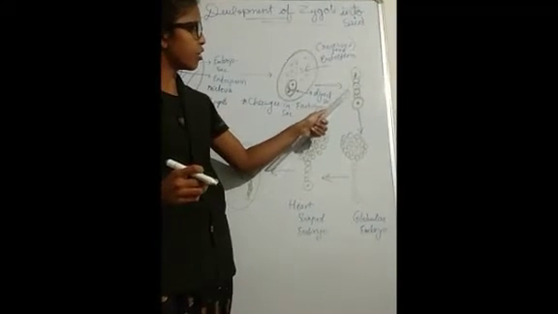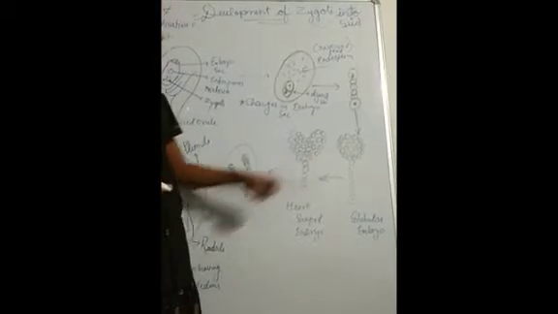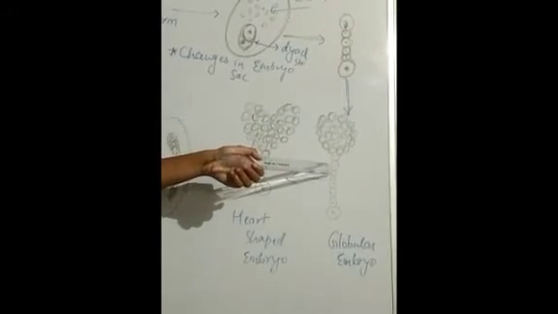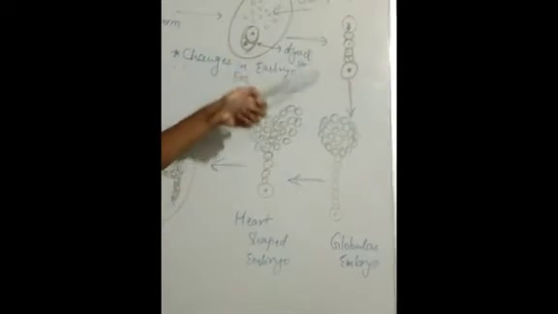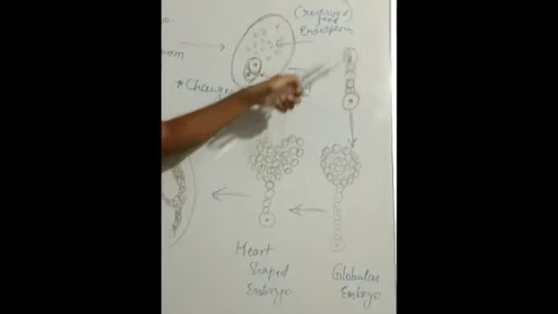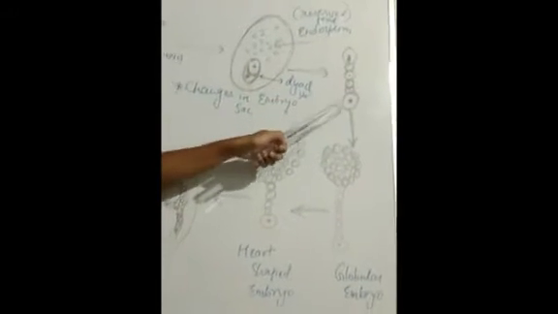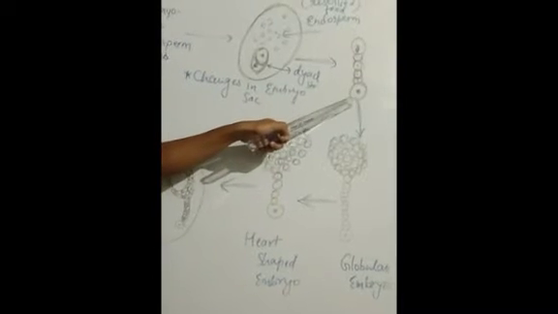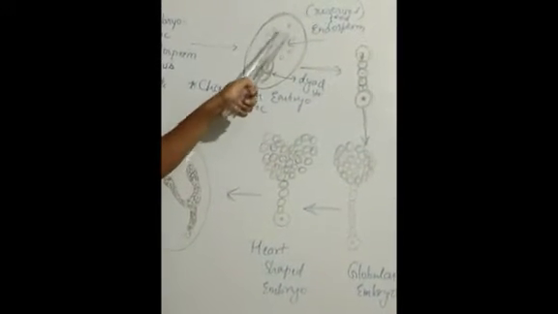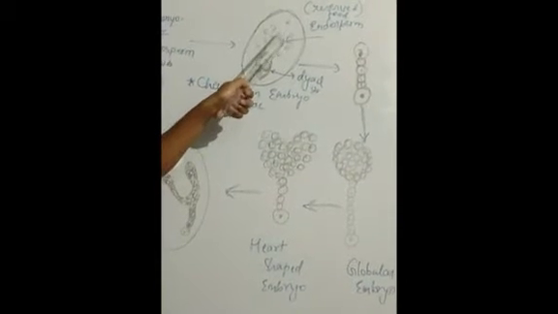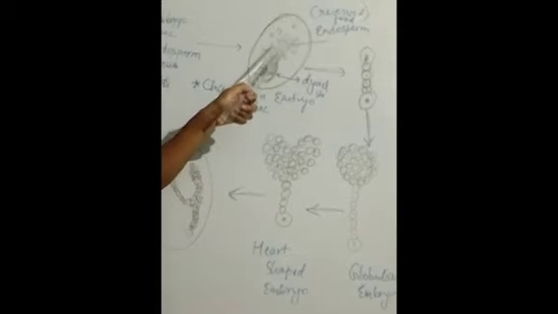Division is carried on, and finally it forms the globular embryo. The globular structure is there. This is the developing zygote. This is the region I have drawn where the development is taking place. So finally, after division, it forms a chain-like structure. One, as I have told you, moves to the basal side and another towards the upward region. It will get embedded in the endosperm, to gain nutrition.